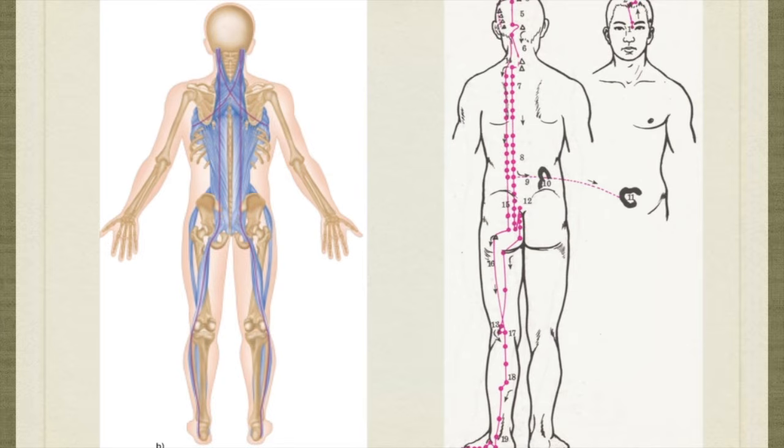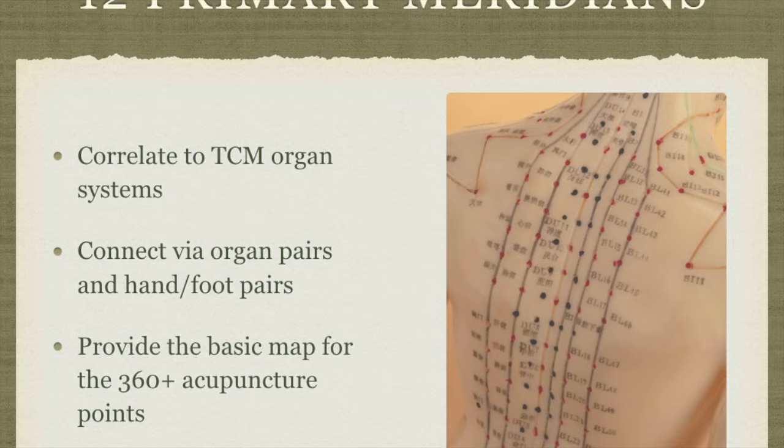So if you look at the image on the left, you're looking at that fascia image and you can see that pink line flowing up. On the image on the right, you've got that pink line flowing up. These are pathways, and whether we are talking from a Chinese medicine perspective or from a modern perspective, it's all the same stuff. And I just love that Chinese medicine kind of had their finger on this one thousands of years ago. That might give you a little bit of context for one of the ways you could interpret a channel or a meridian.